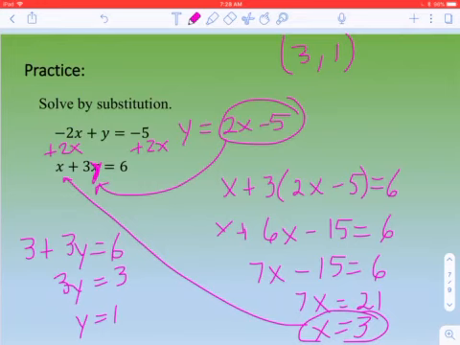And if I check it, it gives me 3 for x, negative 6 plus 1. Yes, that equals negative 5. And on the bottom equation, it was 3 plus 3 times 1, which is 3, which is equal to 6. Okay, so